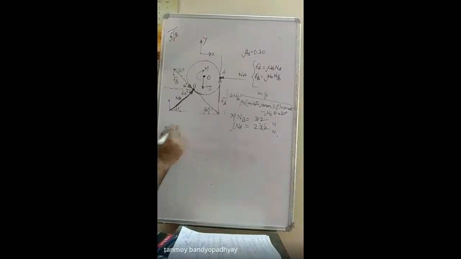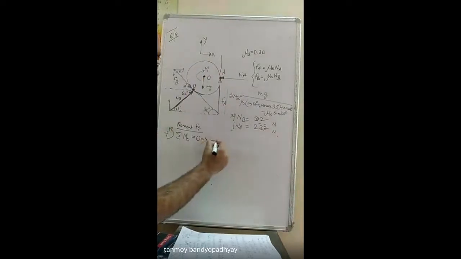We have to calculate the value of M. So we write the moment equation, moment equilibrium. So now MO we are taking it as positive counterclockwise. So the sum of the net moments at O will be equal to 0. So we should be having, M is I think clockwise in the figure.